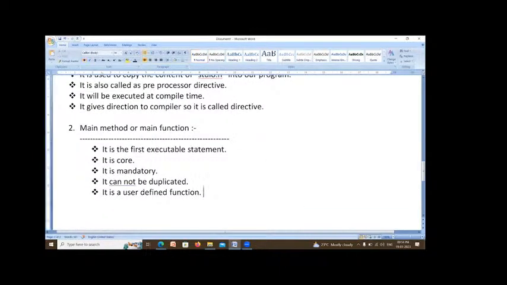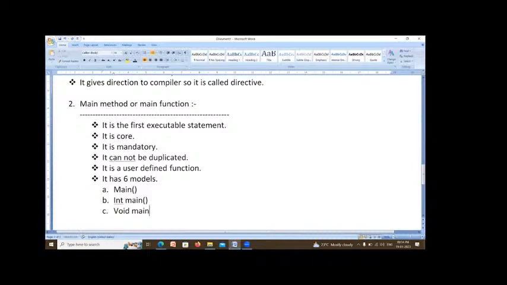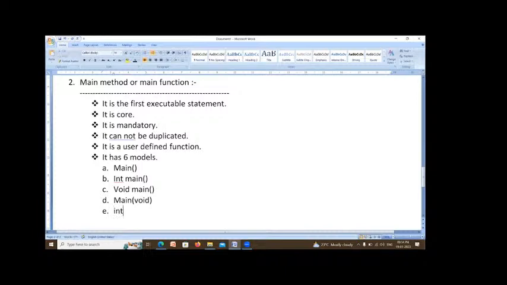We can write the main function in 6 models. First model, you can write main, or you can write int main, or you can write void main, or main of void, or int main of void, or void main of void.